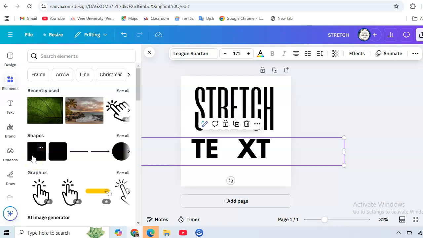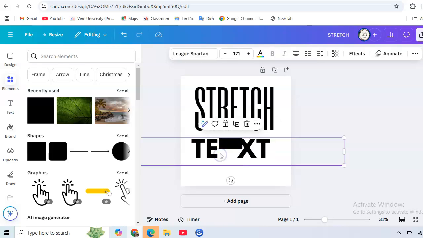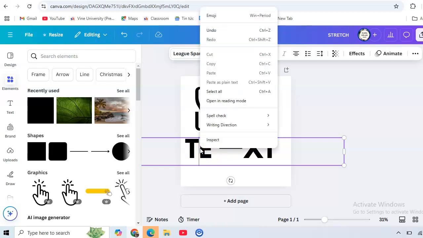Let's we take the square, and here make it smaller, and here